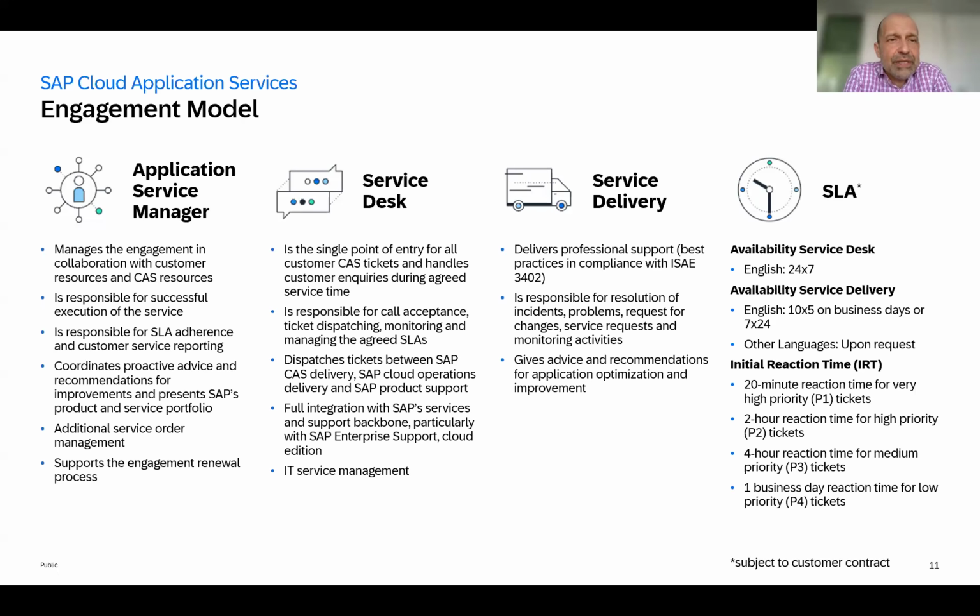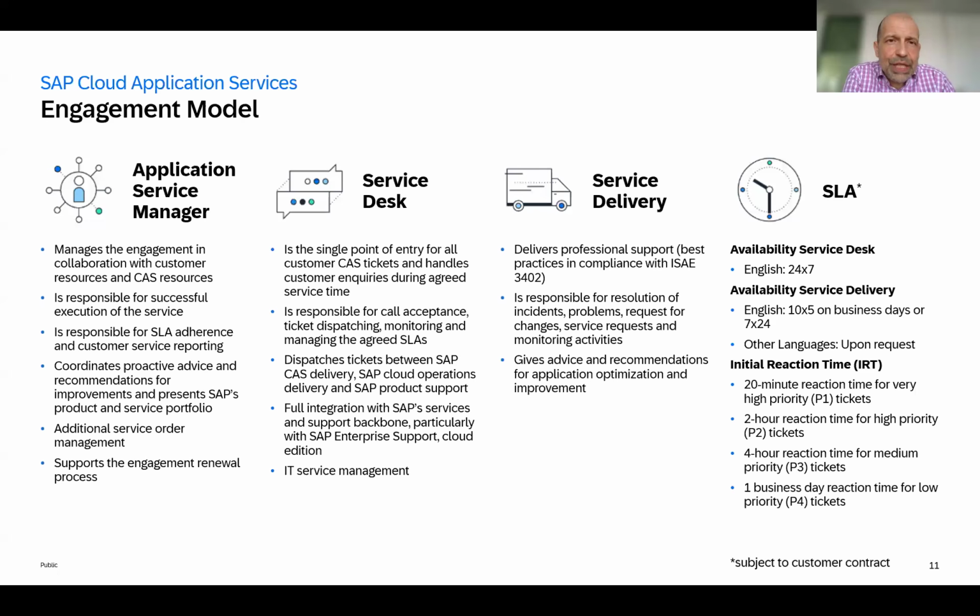And the main goal of this person is to manage the relationship with our CaaS customers. That means this person is responsible to successfully execute the services you have bought. He or she is the connector to the subject matter experts of the CaaS services. We also take care via this person to have a seamless execution. You can address topics on a regular basis. Normally, these application service managers have regular governance calls and status calls with you, and in case of some kind of escalation, you can reach out to this ASM to take over ownership.